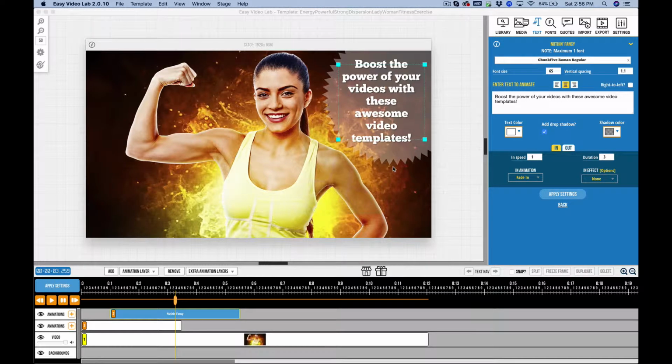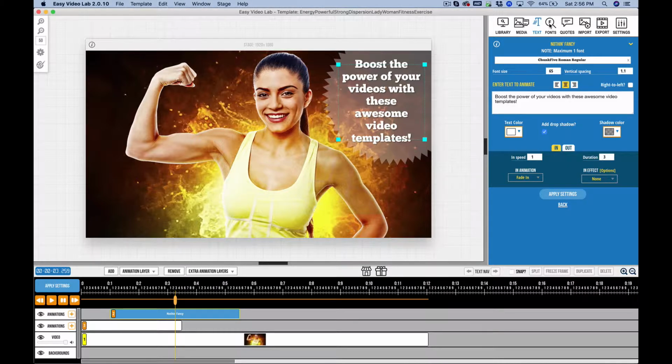In this video, we'll take a look at working with fonts inside of Easy Video Lab version 2. You see that we have a template already selected here, so we have something to work with. Now, I've got a font already selected. You can see that it's right here. You really can't apply a text animation until you've actually specified a font, and we'll take a look at that in a second. But you can see that I have text in here and a font selected, and we have